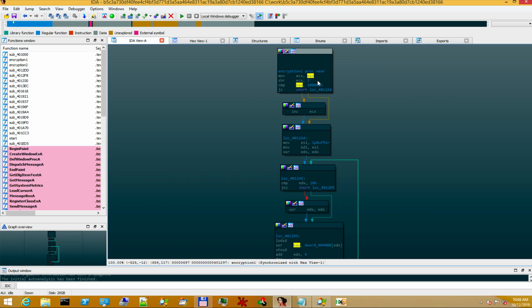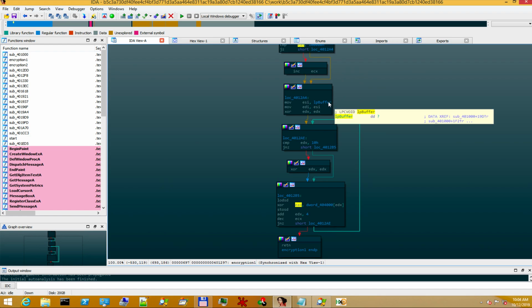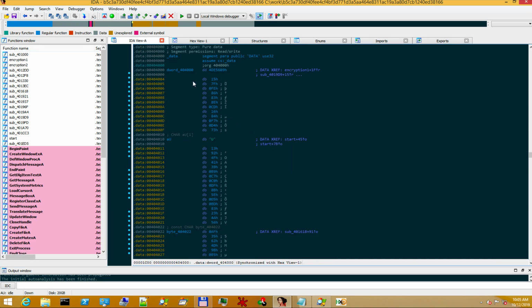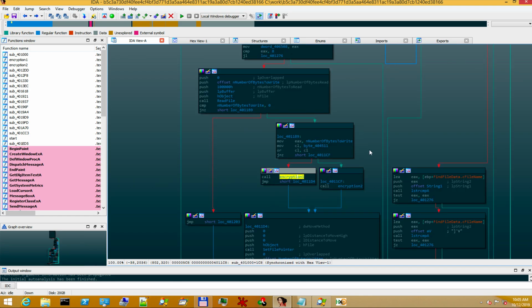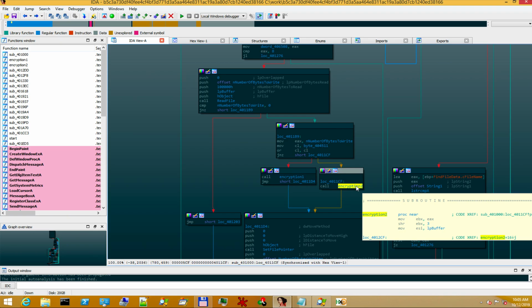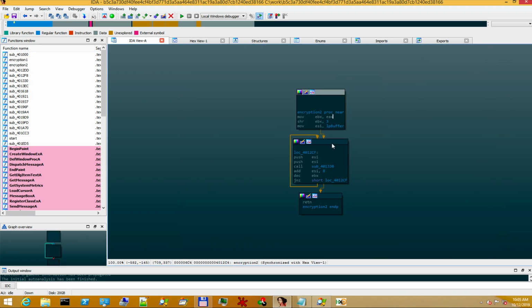For encryption 1, in EAX we have the length of the buffer, which is compared against a maximum value. If it's less than that, the buffer is then split into 16-byte chunks, and for each chunk some operation is applied, which is actually an XOR operation with a static key. Very simple. This is the repeated 16-byte key. We know this already. Let's look at the second one, which seems more interesting.